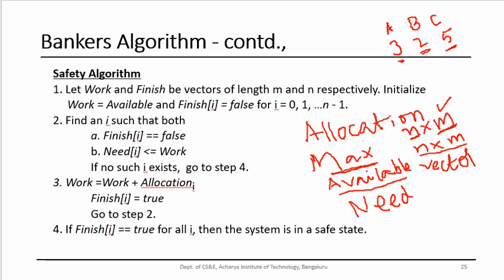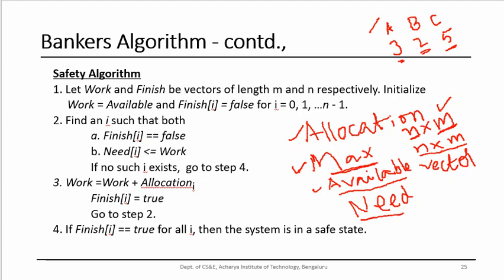That's the meaning. I hope you understood what allocation is, and why it is an n cross m matrix. Suppose there are three processes running in the system, for each process, to be specific, how many instances of resource types are currently allocated, and what is max, for the completion of the execution of these processes, how many instances of each resource type are required at most. And available is, like I told you, after the allocation how many are available.